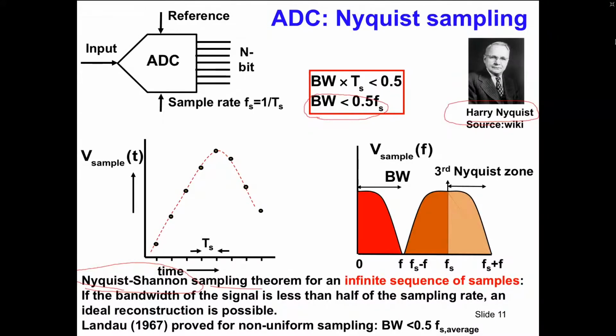This is probably familiar to most of you. Just wanted to point out here that there is something that is perhaps not so familiar, a paper by Landau in 1967, where he basically showed that for a large number of other cases, like non-uniform sampling, you can also derive a sort of Nyquist theorem under certain boundary conditions. For those who want to dive deeper in this field, that is a very interesting paper.